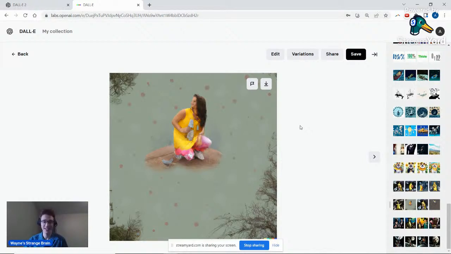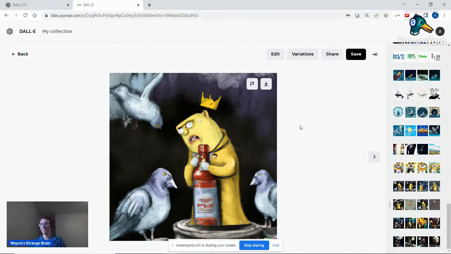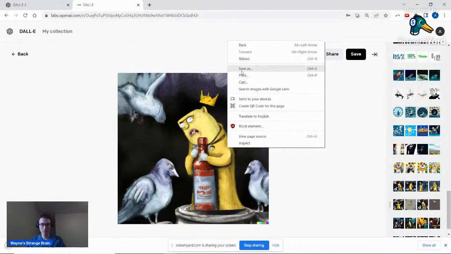And then here's the crown jewel. Haha. We've got this yellow frickin' guy, and we've got his crown, and he's clutching a bottle of ketchup, which is just such an awesome touch. Ketchup and mustard go together, so it's not really surprising that that's there in the corpus of pictures that it trained on. And then he's addressing his pigeon subjects, and he definitely looks a little bit nutto. So this is certainly one of my favorites, very much so.